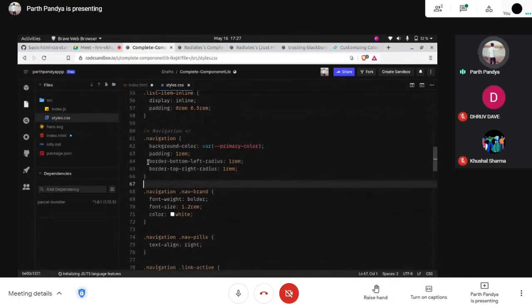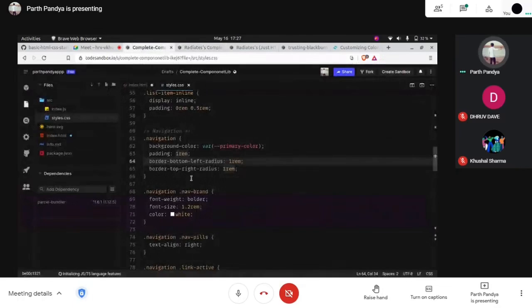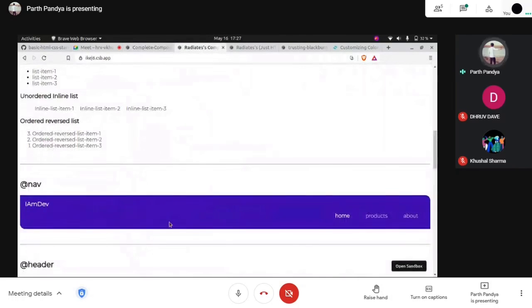Now we have this border bottom left radius. This is a property, border bottom. Now let's see, this is the bottom left radius. Now this is the left. So here we are giving a radius. Border bottom left radius.